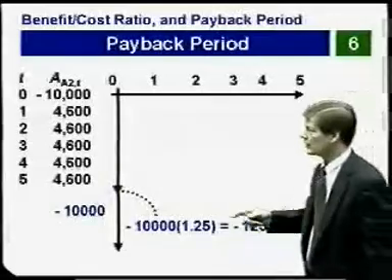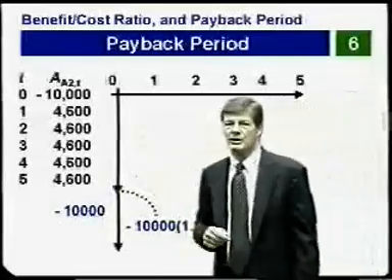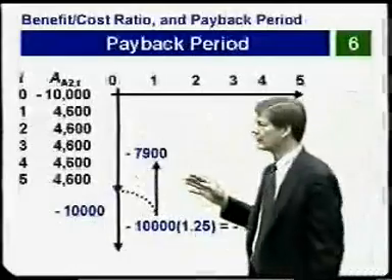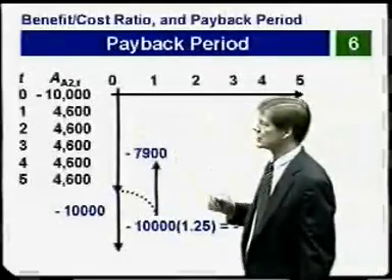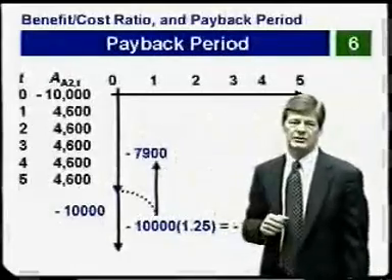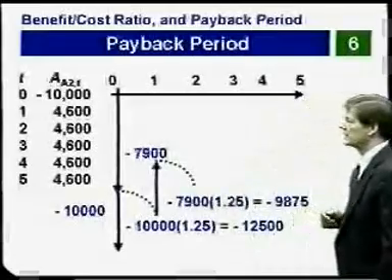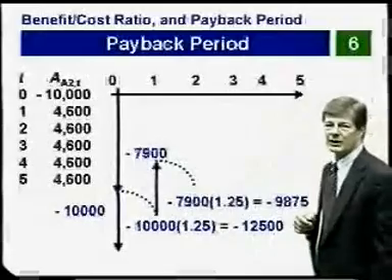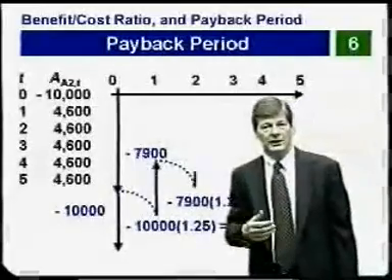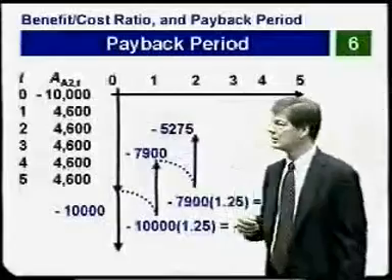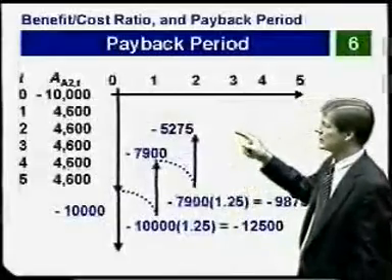At that point, I liquidate $4,600 from the investment such that the amount that remains invested is $7,900. That grows at 25% to $9,875. I then liquidate another $4,600 such that the amount that remains invested is